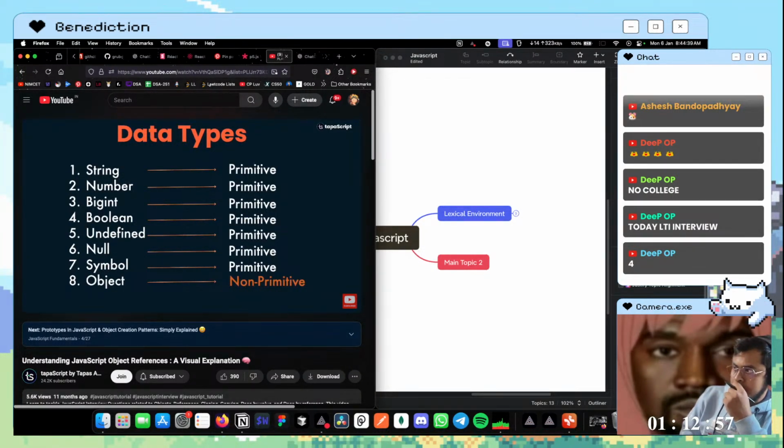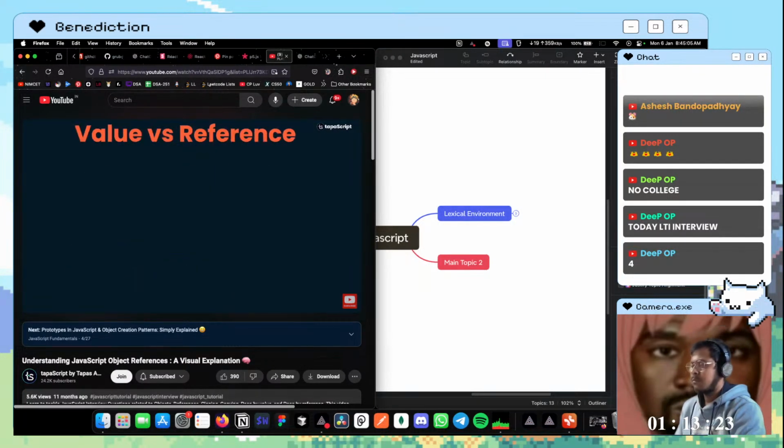Now, the question might come: what is a primitive type, what is a non-primitive type, and what is the difference between them? Primitive means they're the basic types. A string and a number are very basic types, and non-primitive means a complex type that is built using the basic types. An object in JavaScript is a key-value pair, where the key can be any string and the value can be any of these primitive types. The value can be a string, a number, a boolean, just like that. So to keep it simple, primitives are the basic fundamental data types in JavaScript. Non-primitive, which is object for example, is a complex data type built using these primitive data types.